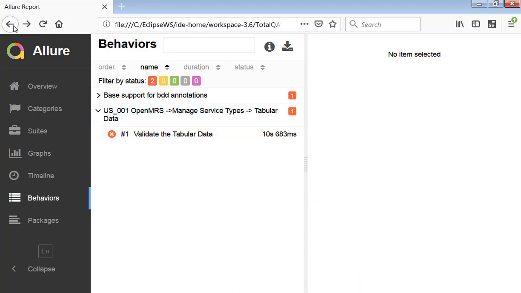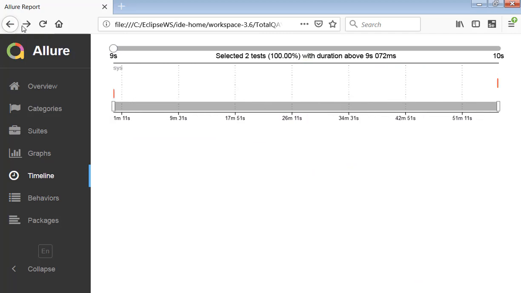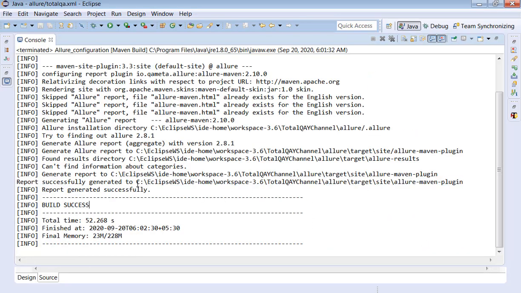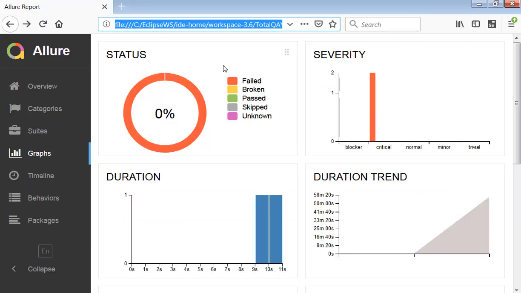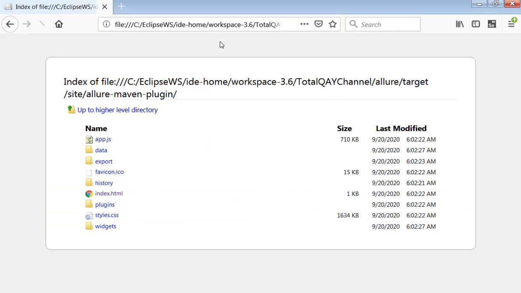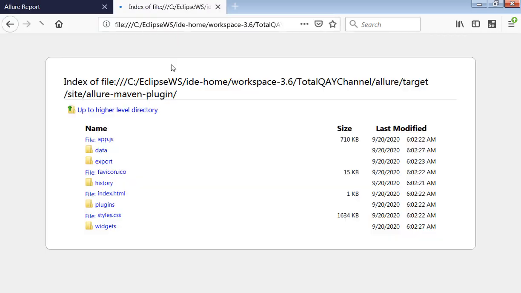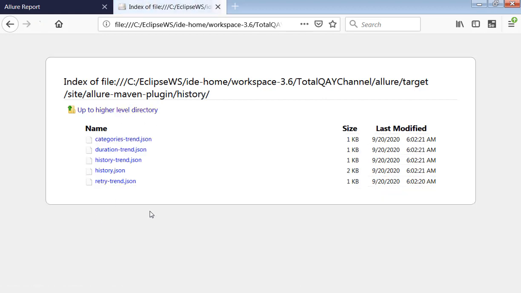And one important point right now here, we need to look into this. We are opening index.html, right? If you look into this path, let me show the path to you. Let me open this, and we are opening index.html. Index.html shows the information about this report. And also one more point we can focus here is there is a history folder. There's a history folder also getting generated, but the history is not getting shown here.